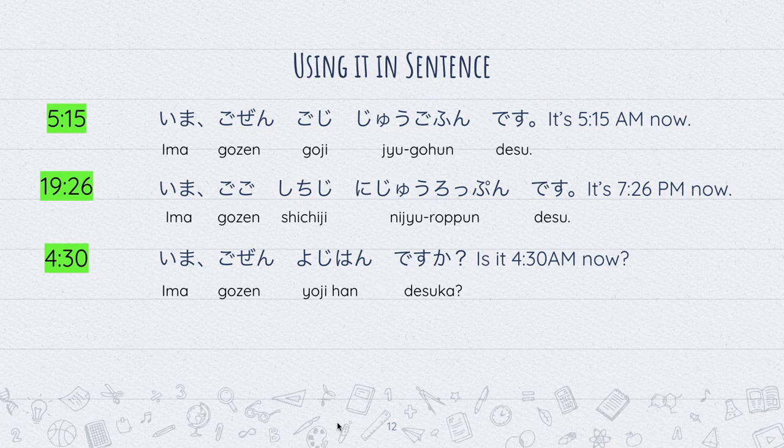So let's use this in the sentence. The number here says 5:15, and in this example I am going to use the military system instead of AM and PM. So 5:15 is 5:15 AM, and if I wanted to say it's 5:15 AM now in Japanese, it will be 今午前5時15分です。